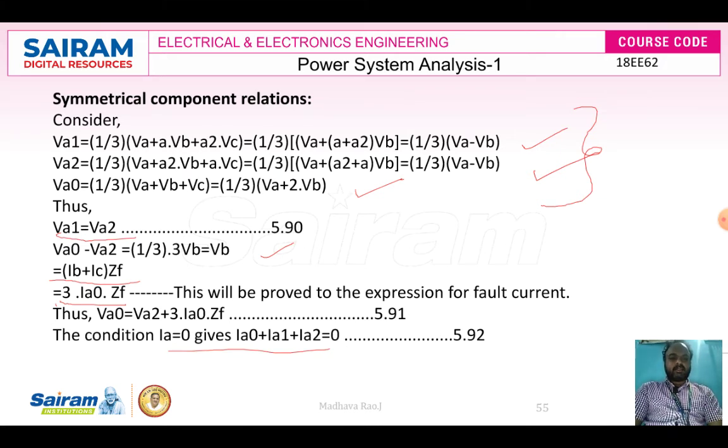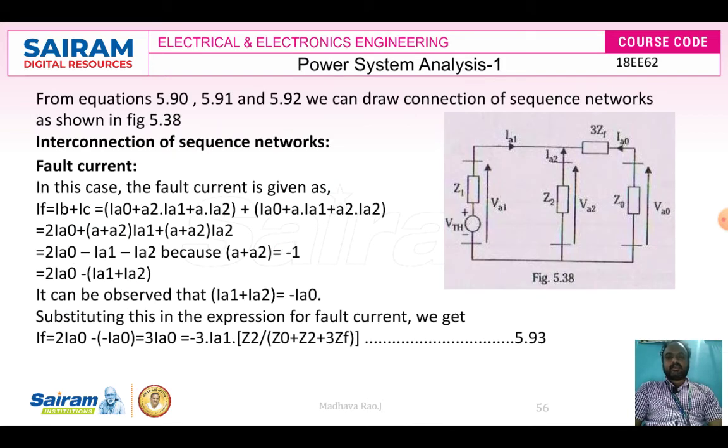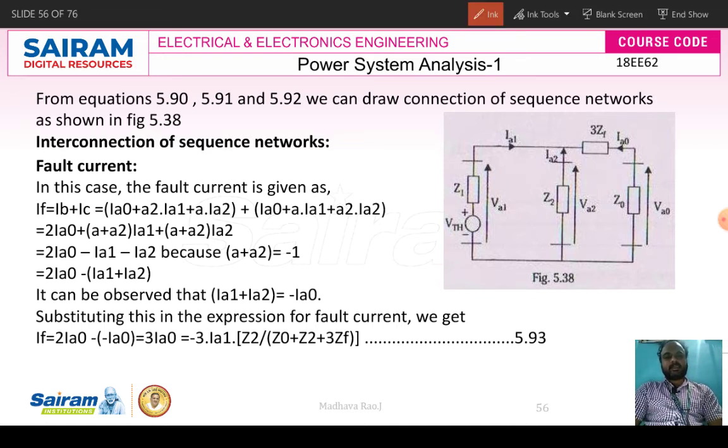So now we will find the fault current through a sequence network. In the sequence network we have interconnection of sequence elements. In this type of fault, all the sequence impedances Z1, Z2, Z0 will be in parallel, and in between Z2 and Z0 we will have the fault impedance, that is 3 into ZF. So here we can see 3 into ZF is connected between negative and zero sequence impedance, right?